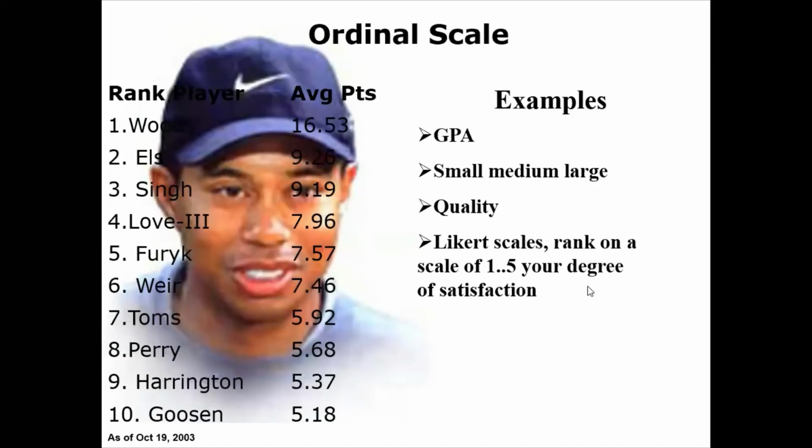And the quality, Likert scale, rank on a scale of 1 to 5, your degree of satisfaction. There are some questions where, by using a Likert scale, you rate your satisfaction from 1 to 5. Rating scale, we call it a rating scale. So 1, 2, 3, 4, 5. Here 1 means he is less satisfied with the particular product, and 5 means you are highly satisfied with the particular product. So such type of data, we call it ordinal scale data, or we measure such type of data by using an ordinal scale.